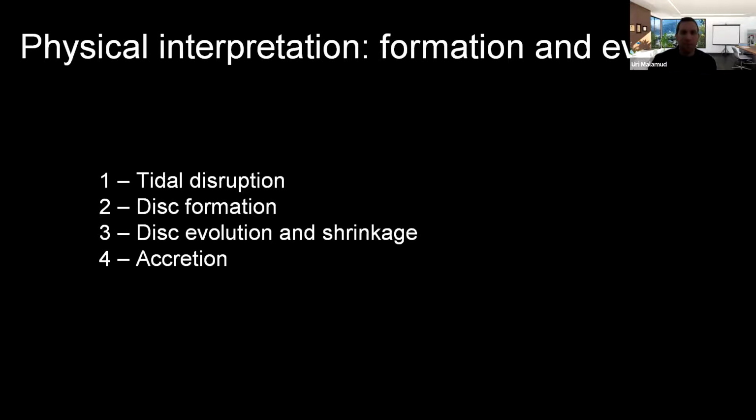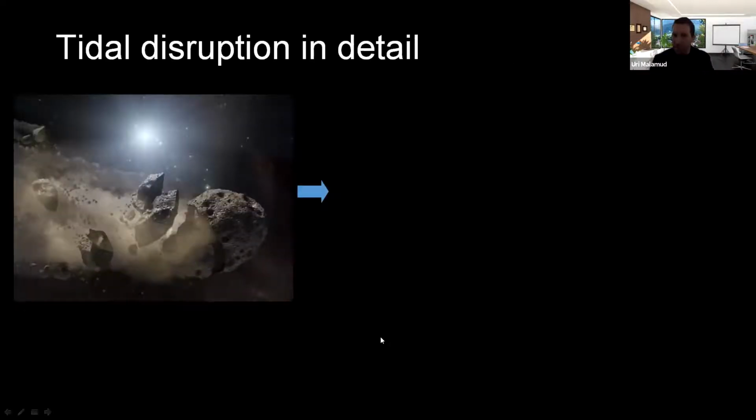But also, you remember that the canonical disk is a compact disk, is a circular disk, a ring-like disk. Why should you form this sort of a disk? I mean, you start from a tidal disruption, but you are disrupting something which is very eccentric. It comes from a distance of several astronomical units. So you expect it to form an eccentric disk. So presumably you form some kind of an eccentric disk, and then the disk evolves and shrinks into this compact state, or perhaps it has more components to it. And eventually you have accretion. But the details of this are really, really fuzzy, okay?